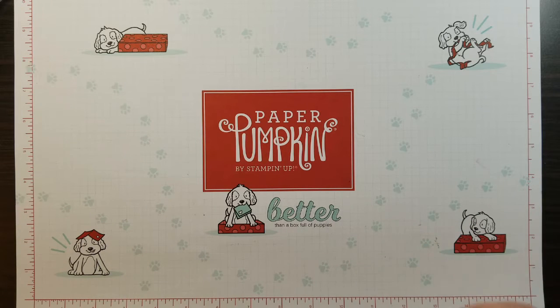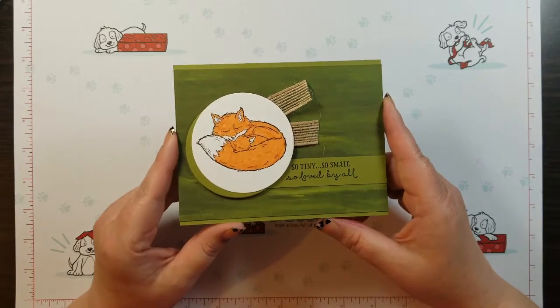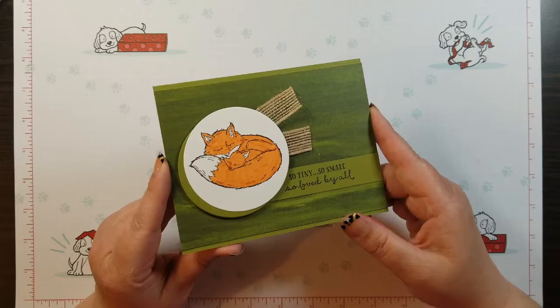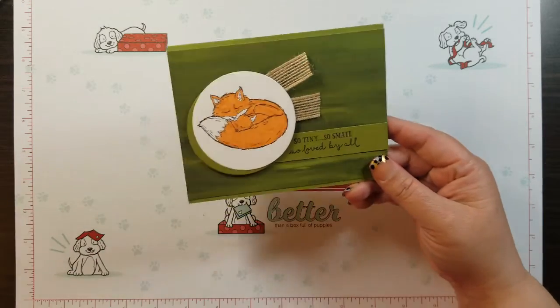I am Barbie. I'm an independent Stampin' Up! Demonstrator. Today I am here to show you how to make this adorable baby card. How cute is this? This is actually using